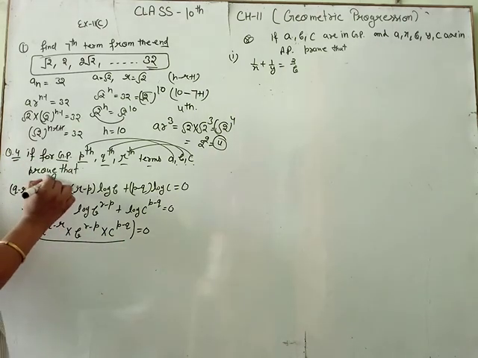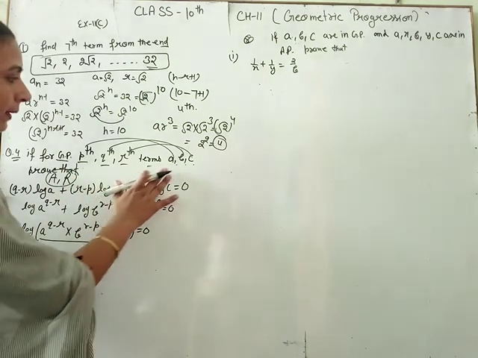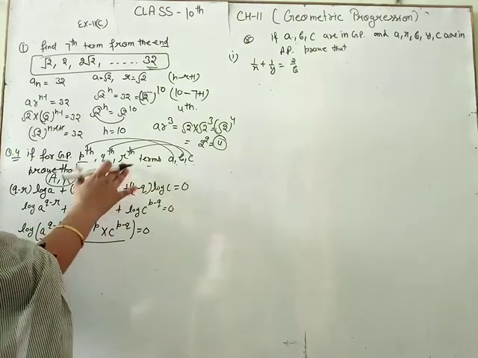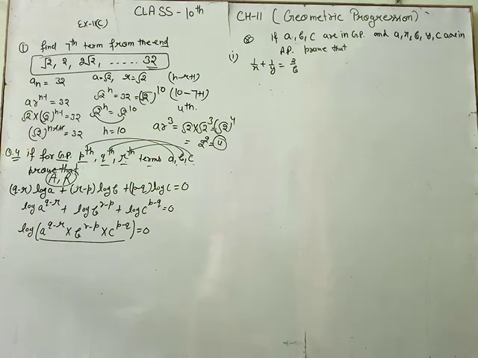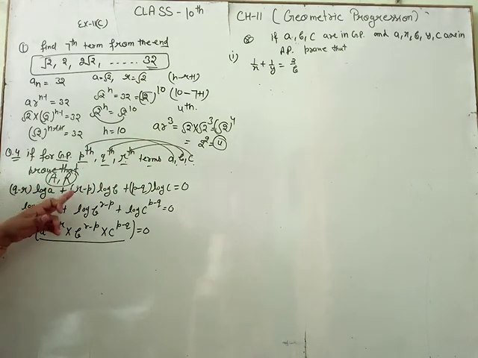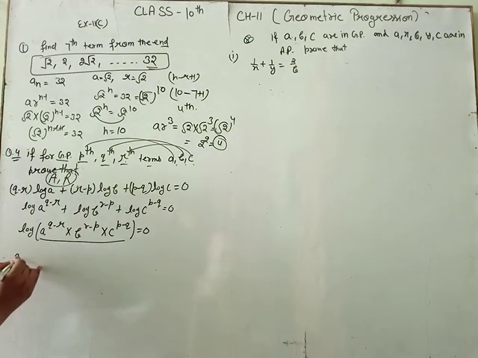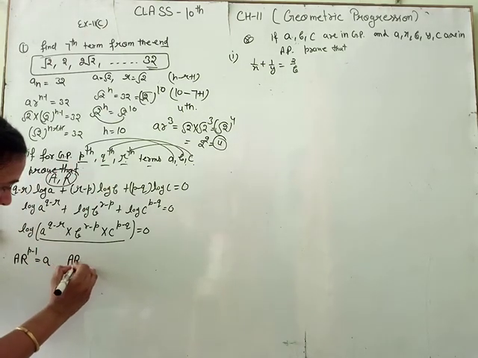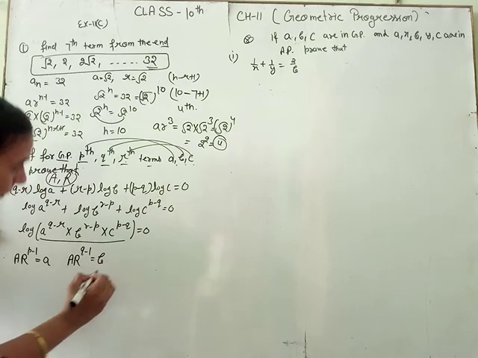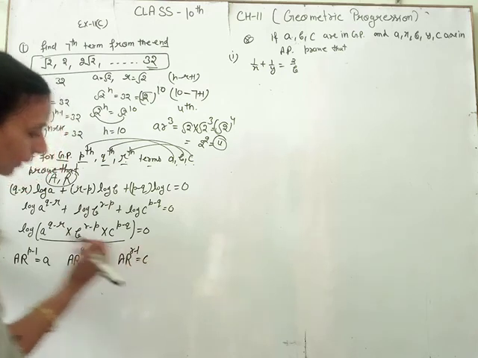First we find the value of the complete expression. Let A be the first term and R be the common ratio of this GP. We don't use small a and small r because r is the rth term and A is the pth term, so that's why we use capital A and capital R. The pth term of the GP is A R^(p-1), and this equals A. The qth term is A R^(q-1) equals B. The rth term is A R^(r-1) equals C.